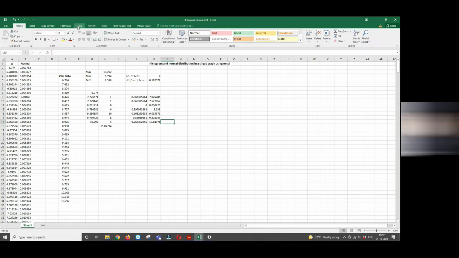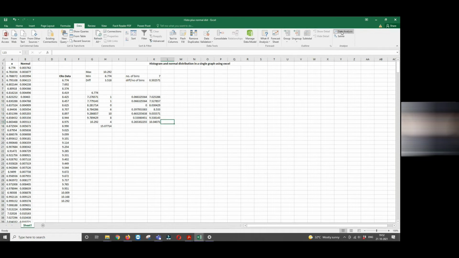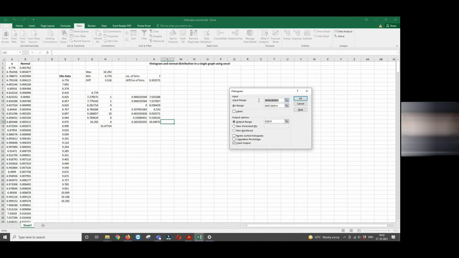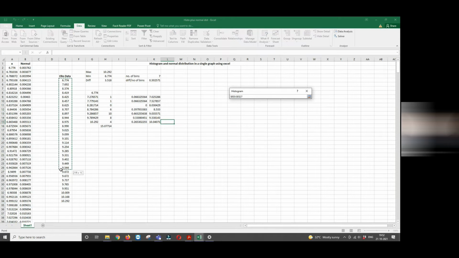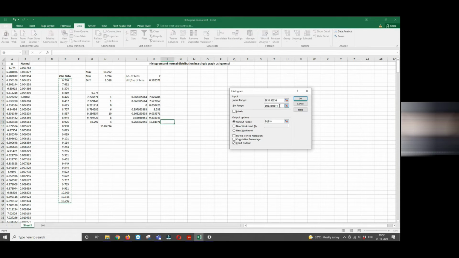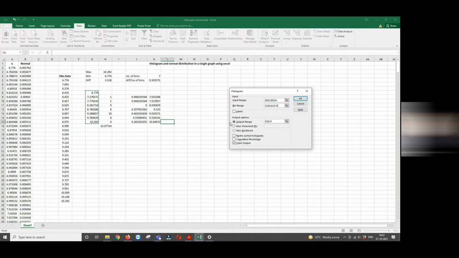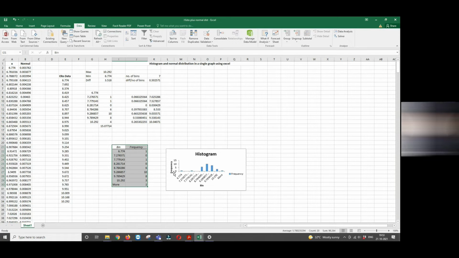Now you have to go to Data, then go to Data Analysis. There you select Histogram. Okay, then you have to select the input range, which will be our observed data, and your bin range will be these 8 values. This is where you want to print the bin and frequency. You have to select chart output so that you will get the histogram directly. So if you select it, you can see here